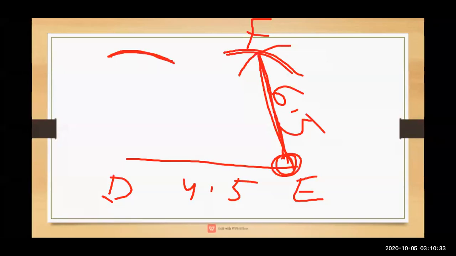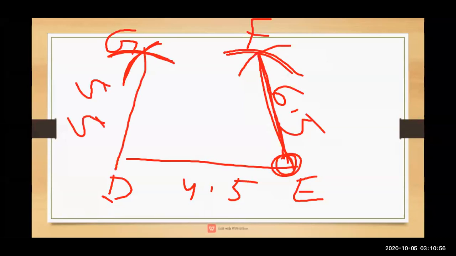Placing it here, what do you have to draw? 7.8 centimeter. Then once again you are going to join. This will become G. This will become our G, and you are going to make a line over here. This is how many centimeters we have taken: 5.5 centimeter. Now this arc and this arc, you will join it.